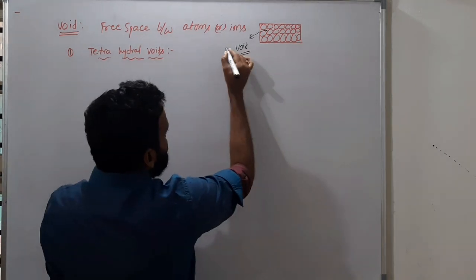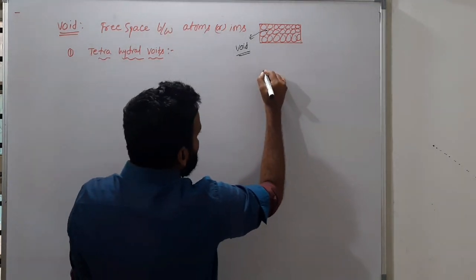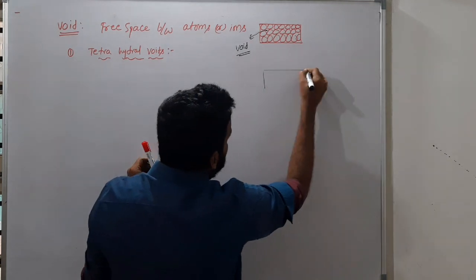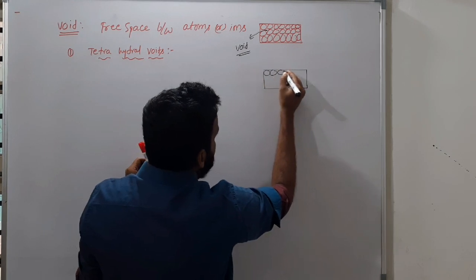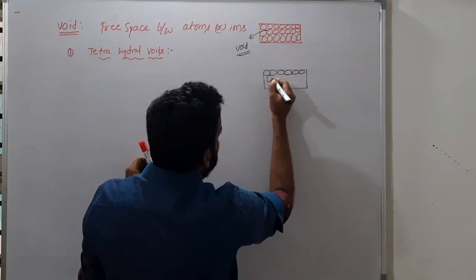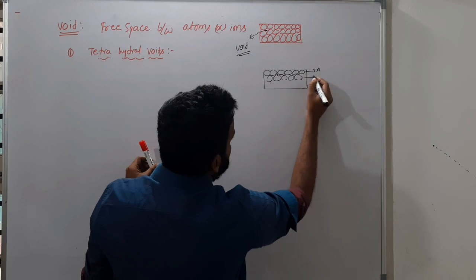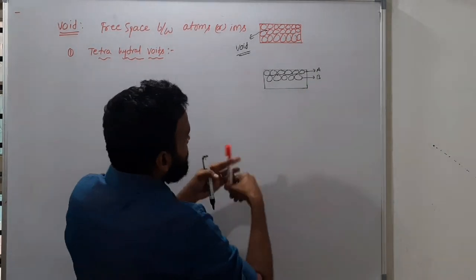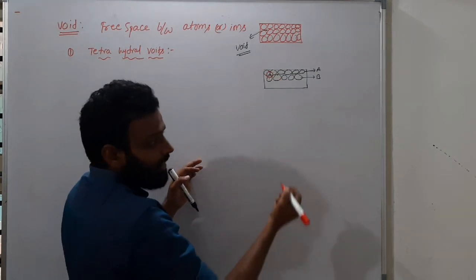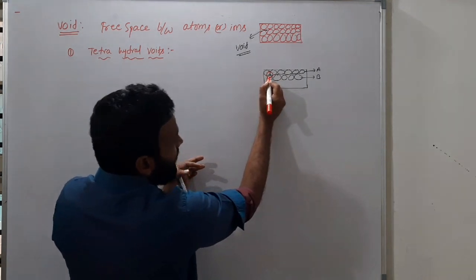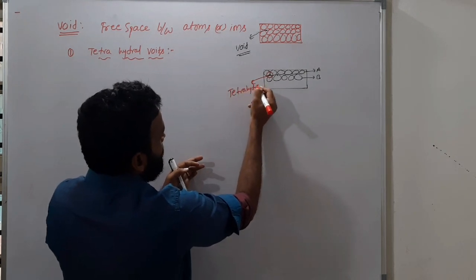Now this is a linear void, that is a spherical void. And one more, the tetrahedral void or triangular void. You have different ways of arranging, like this and like this. This is A type and this is B type layer. On these three, this is 1, this is 2 and this is 3, you are having one more. Between these three and this red one, the fourth, there is a free space, that is a tetrahedral void.